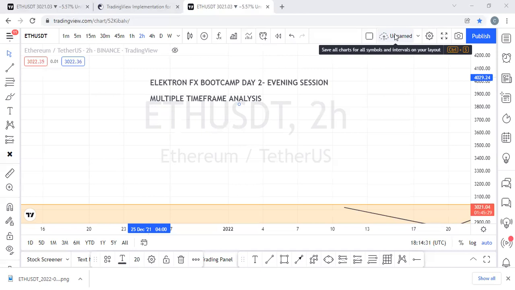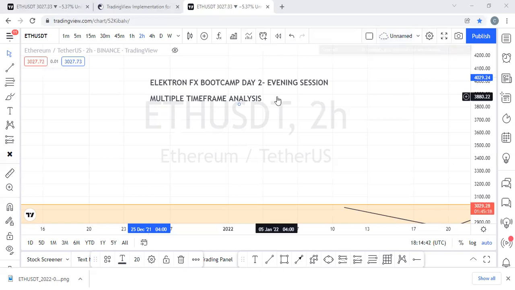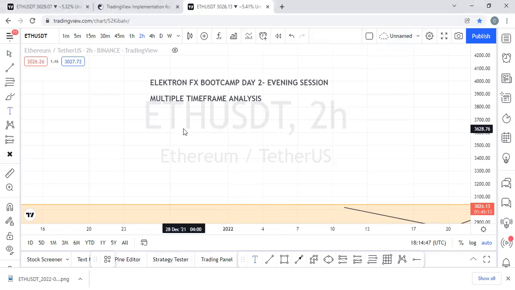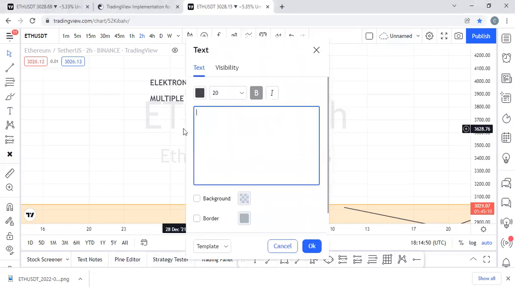Many of you are quite new to Forex, and I want to use this moment to introduce what we call time frames. Now, what is a time frame? I will define time frame briefly, and then we head to the multiple time frame analysis. A time frame is simply